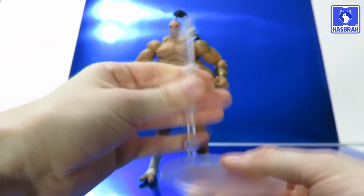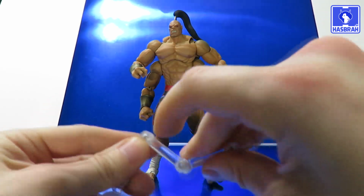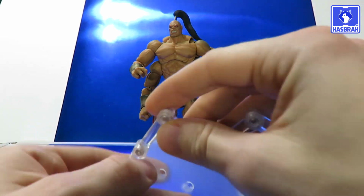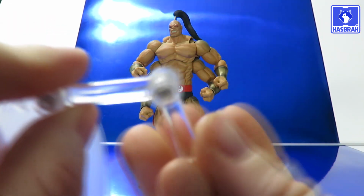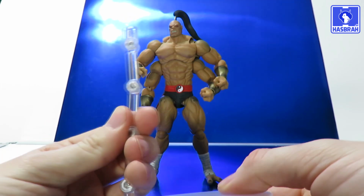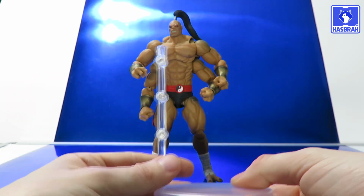And that would be this very nice looking stand here, which has quite a bit of articulation. It's very uncommon for S.H. Figuarts stands to have something like this, but it's also uncommon for them to actually have clicking joints as well. And you can use these stands for your Mortal Kombat figures, even though you're not going to get much high